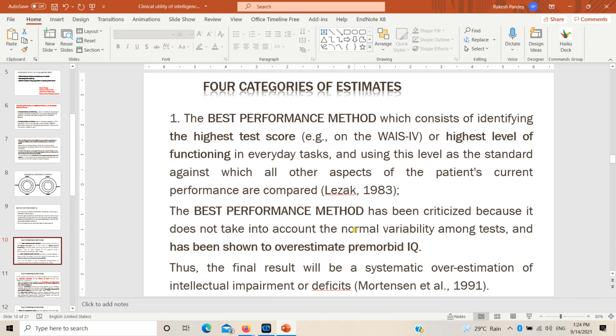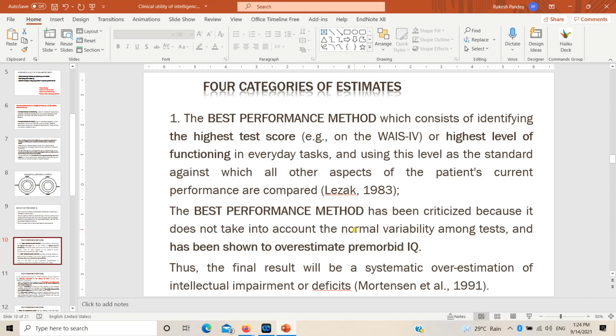When we take only the one test on which an individual has performed best, this approach will not account for the normal variability, not the abnormal scatter. Normally we show some variation; we will not score exactly the same on all subtests. So this normal variability among subtests is generally ignored, and therefore this method has often been shown to overestimate the